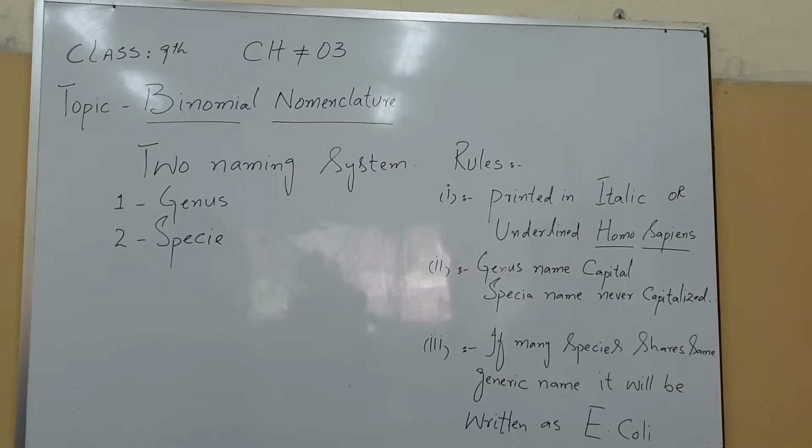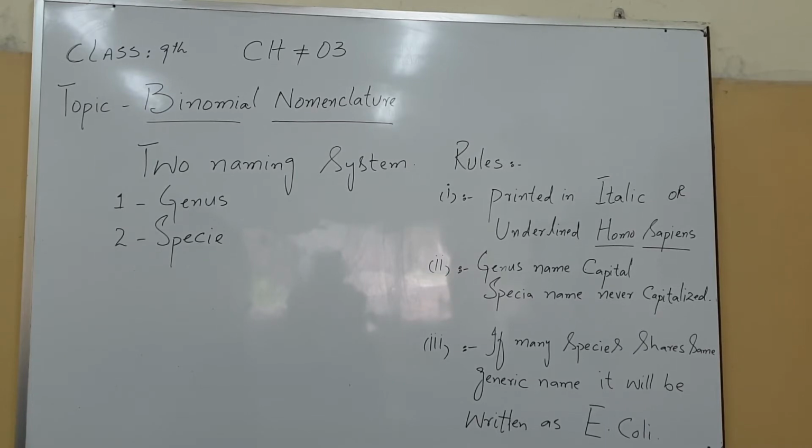This system was first introduced by Carolus Linnaeus in his book, where he gave these two names, which could be accepted by all other scientists at that time. Until now we accept this system and call each organism by that specific scientific name. He also drew up some rules for this system, and these rules are: